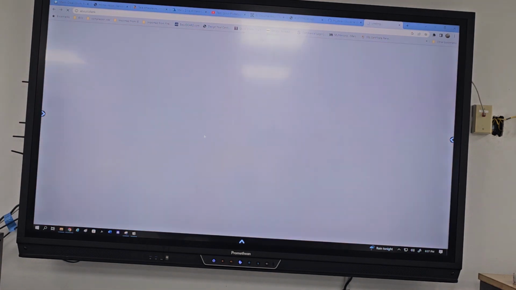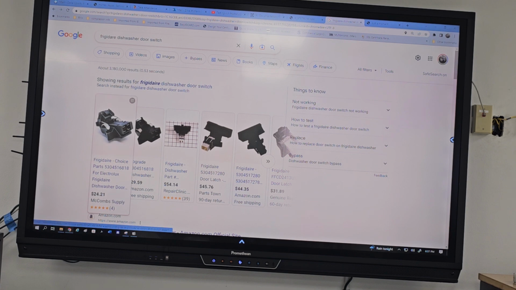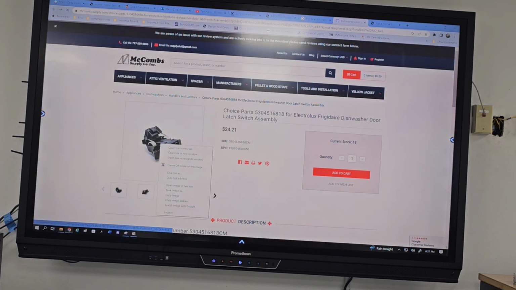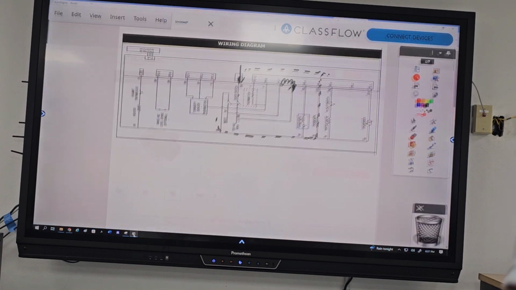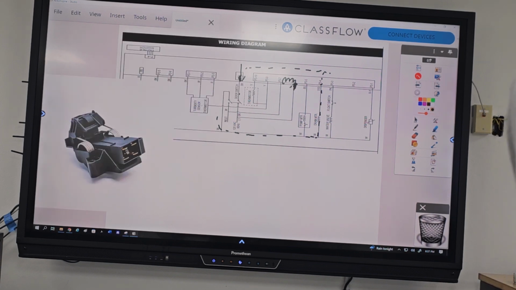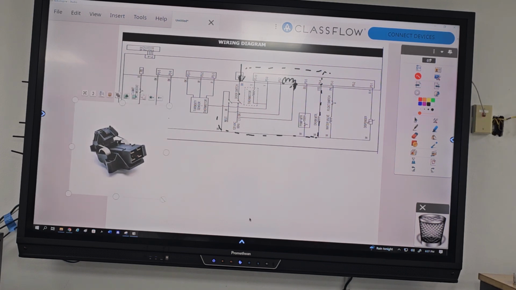So we got a door switch here. Actually, that wasn't a good picture. I want to go back to this one here. This one looks good. You can see it. So if you look,